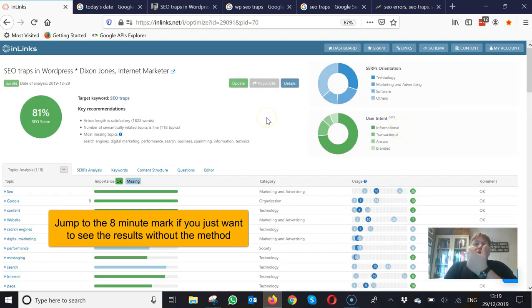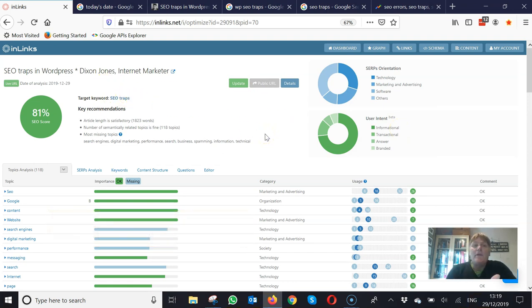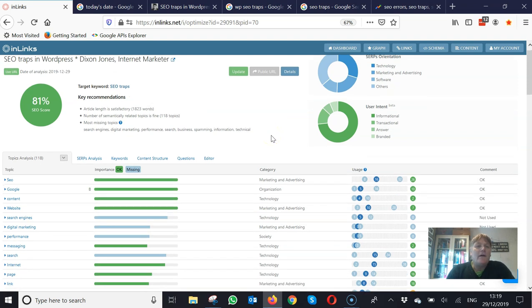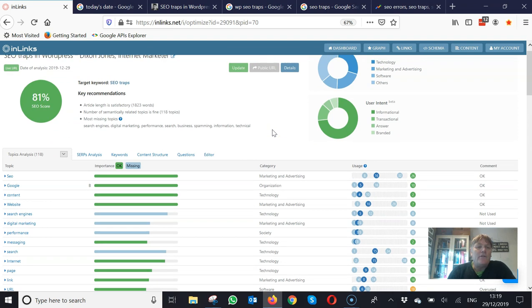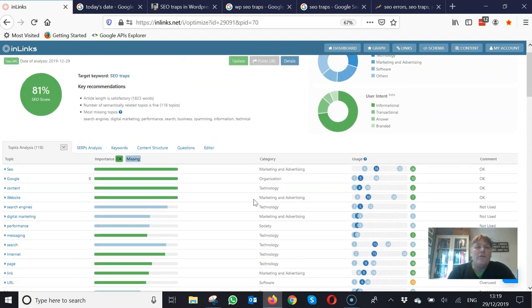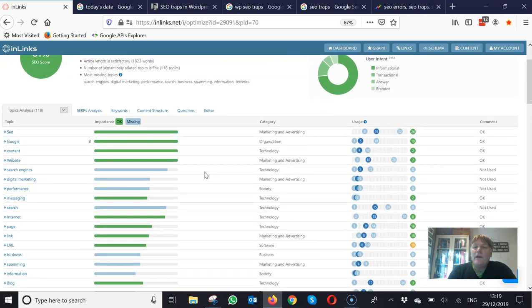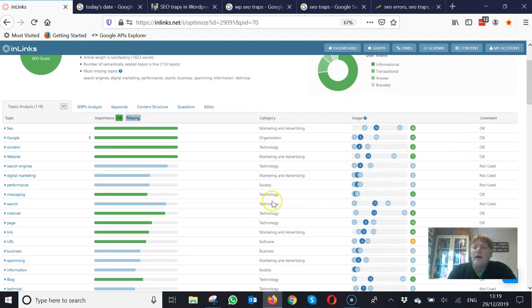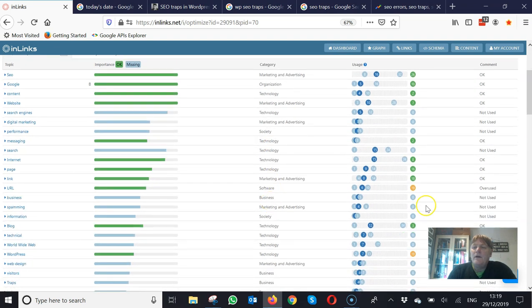Okay, so at the moment, for the phrase SEO Traps, which is written here, the system thinks that we've got a SEO score of 81%, and we're missing certain ideas. We're not really talking about search engines, we're not talking about digital marketing or performance, and we can see what the green ones are, things that we are talking about, and we've got OK here,